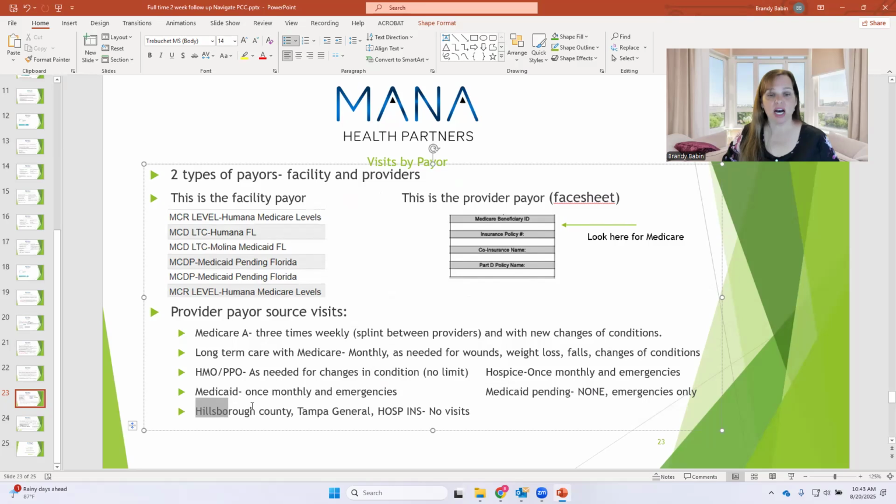And then any hospital insurance, the medical director gets a medical stipend to see those patients. The facility gives them money every single month to see the patients, to attend QA, that sort of thing. So if they're a hospital insurance, then you would not see them either. Until further notice,